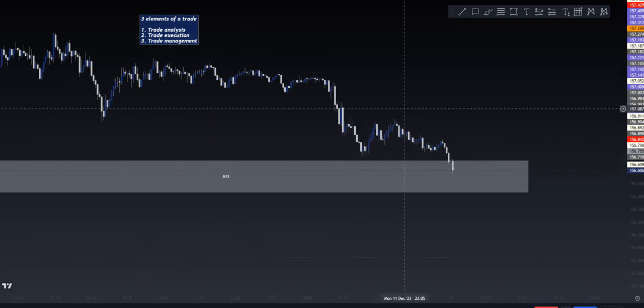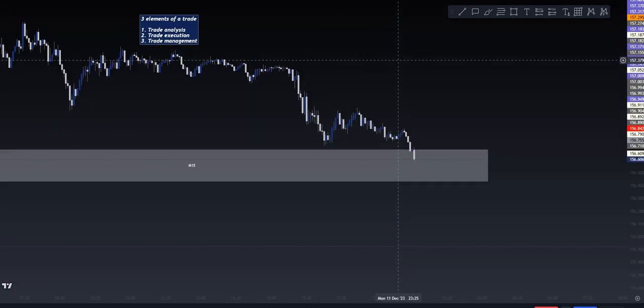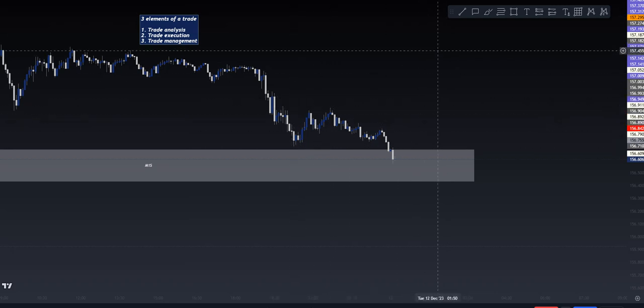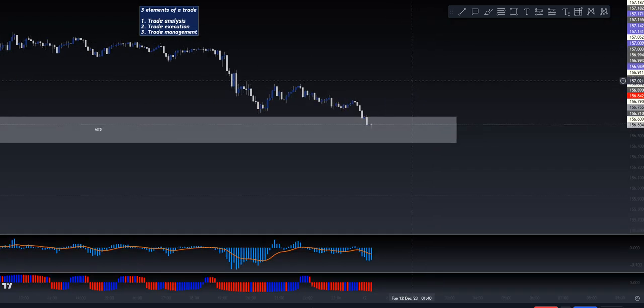Now, step number 2, trade execution. How are we getting into this trade? Okay, so we already avoided the early execution. Okay, and this is where people make their mistakes. If something happens in the market, the areas that you can make mistakes in are going to be in one of these 3 areas. Either you made a mistake in your analysis, you made a mistake in your execution, or you made a mistake in your trade management. So now an execution error, for example, would be you entering the market early. A second execution error would be you jumping in the market right now without confirmation because you just think and believe it's going to go up. That'd be an error.